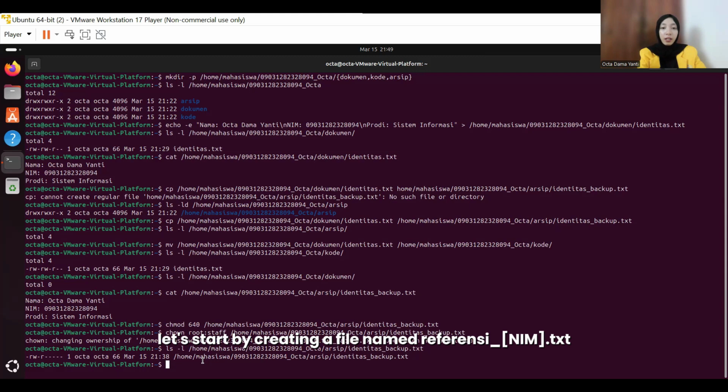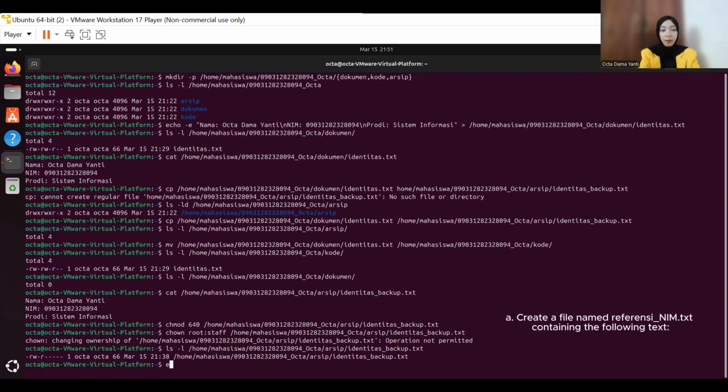Let's start by creating a file named referensi_name.txt that contains some text information. Type echo, then the text, and redirect to the file path /home/mahasiswa/